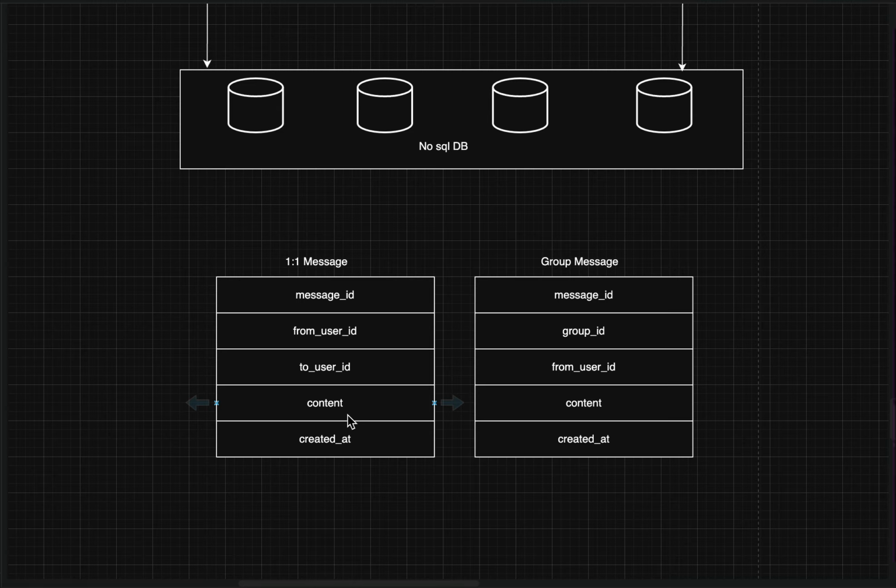Okay, same with group messages. Here, group ID will be the partition key, and we'll be having data like which user sent this message and what the content is. Now all the other information, like user information and group information, such as how many members are there